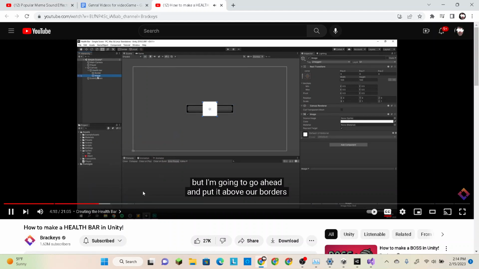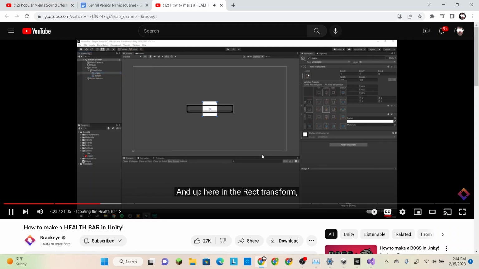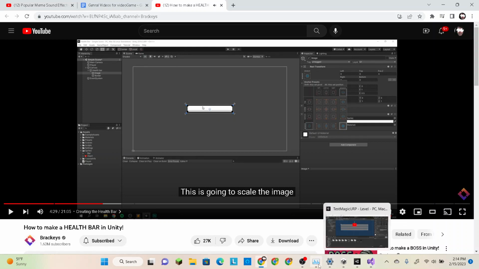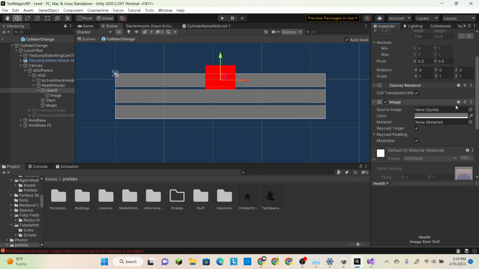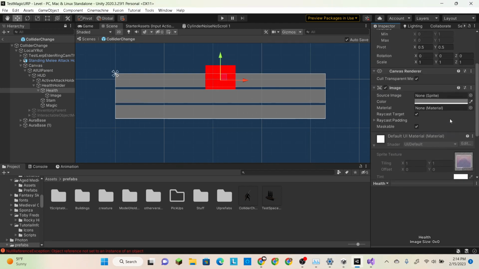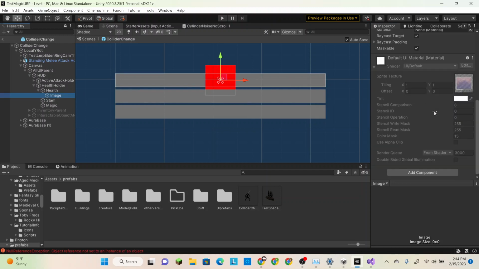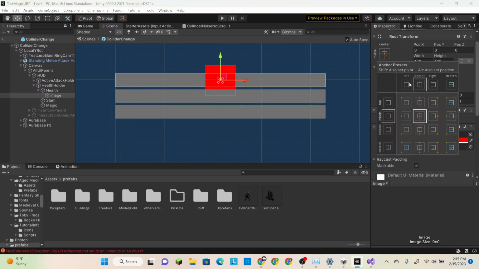Color, but I'm going to go ahead and put it above our border so that it shows underneath. And up here in the rect transform, we can see the different anchor presets. I'm going to hold down Alt and click on the bottom right one. This is going to... Okay. Yes, that was unprofessional, but whatever. I'm not a professional, so I can do what I want. Take this,